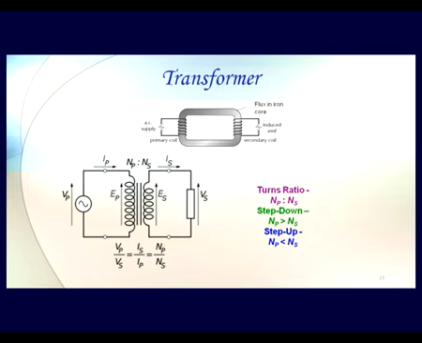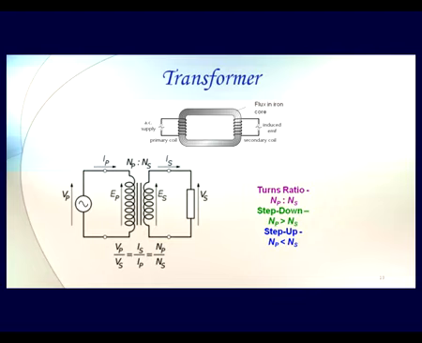Now if we have primary turns lesser than secondary turns, then it is going to induce a higher voltage in the secondary than the mains input voltage, and that's why it is called a step up transformer. That is also quite commonly used, like if we have some electron guns in our television circuit, the old kind of television circuits where we used to have a cathode ray tube.